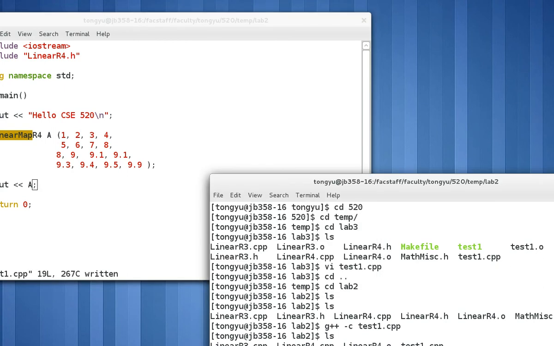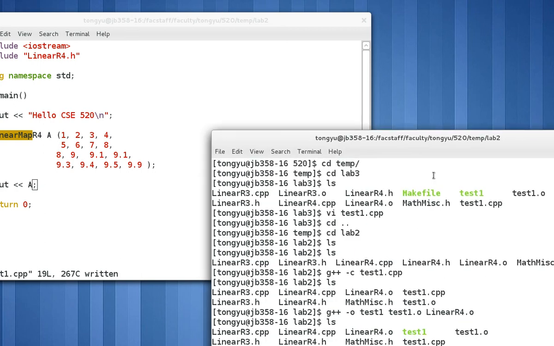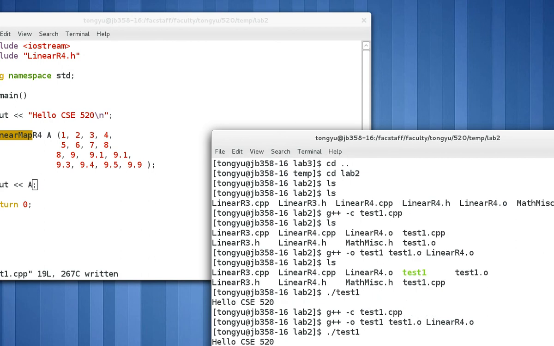Now I can compile it again. g++ -c test1.cpp. I generate a new object file, and now I can link it and execute it.